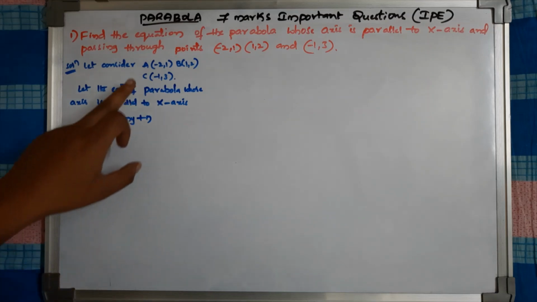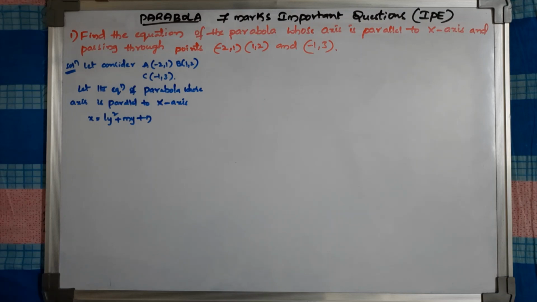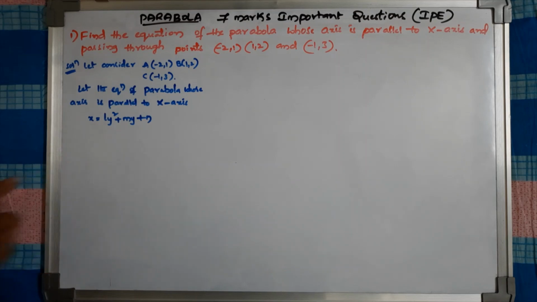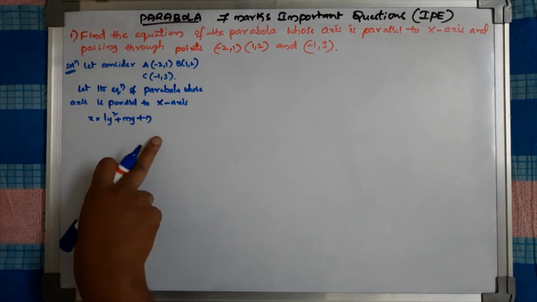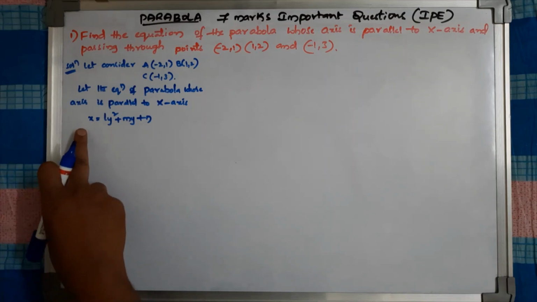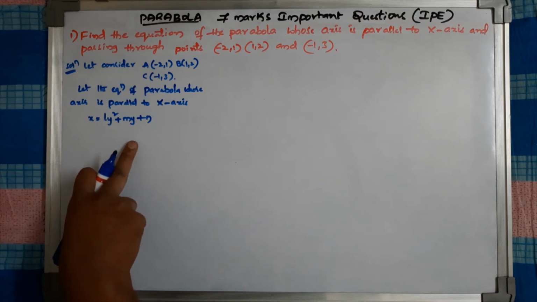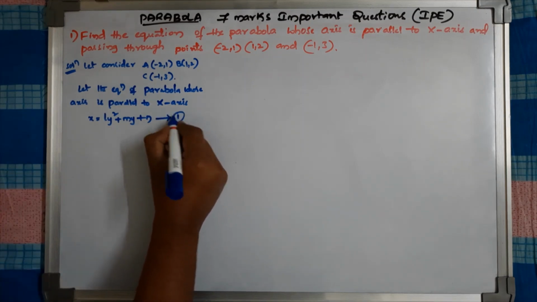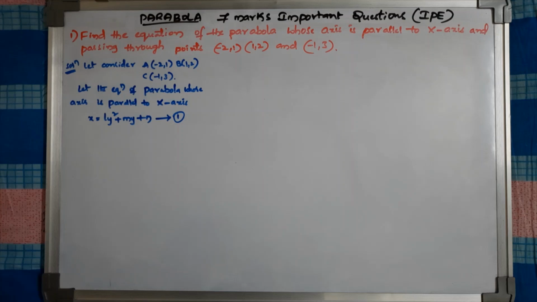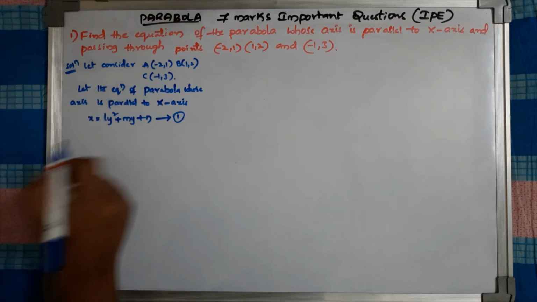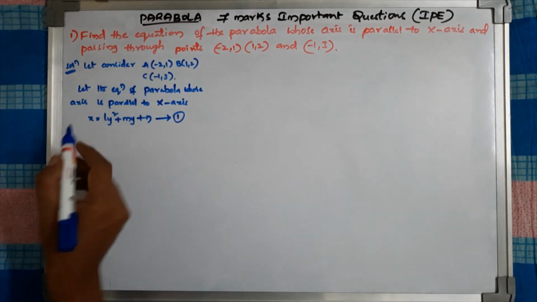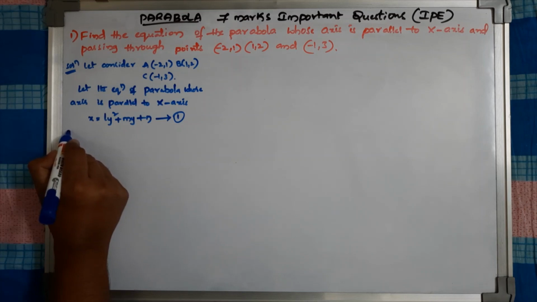Whenever the parabola's axis is parallel to x-axis, the equation is x = ly² + my + n. As you can see, there are no x terms on the right-hand side. We have only x on the left-hand side and all the variables are y on the right-hand side. So consider this equation as 1. Next, since this parabola is passing through the points A, B, C, equation 1 passes through